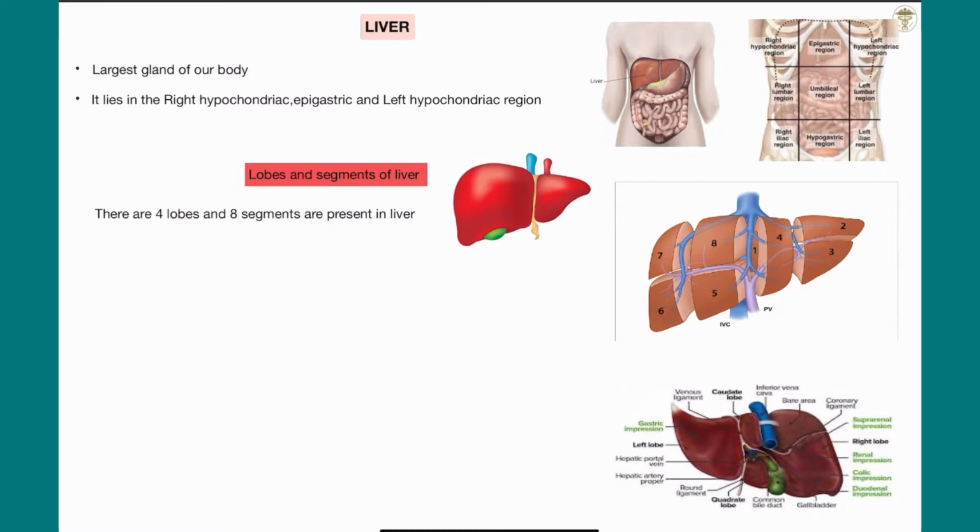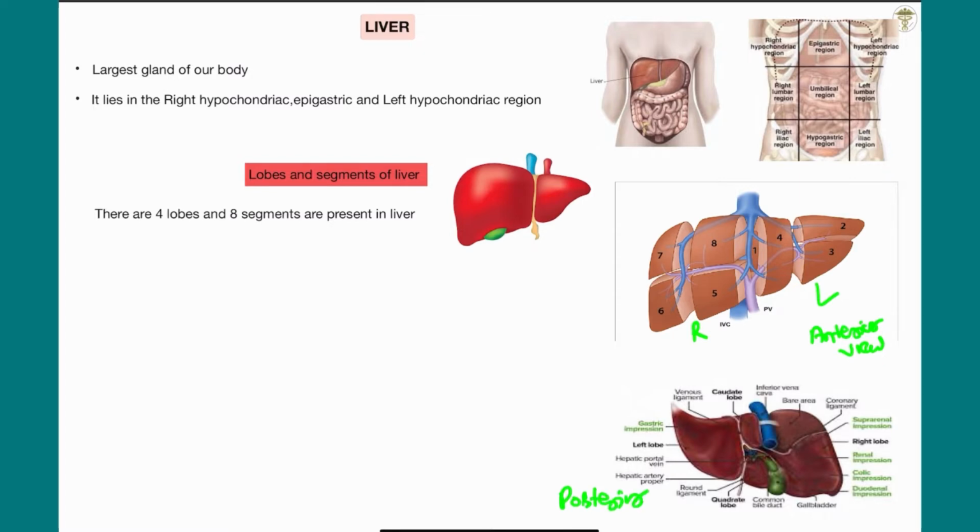You will not see all 4 lobes from the anterior view, because this is the anterior view of the liver and this is the posterior view of the liver. So first of all, I will look at the anterior view. After that, I will look at the posterior view and explain to you. In the anterior view of the liver, only the right part and the left part of the liver are visible. Here is the right part of the liver and this is the left part of the liver. I will write that this is the anterior view, and this is the posterior view.